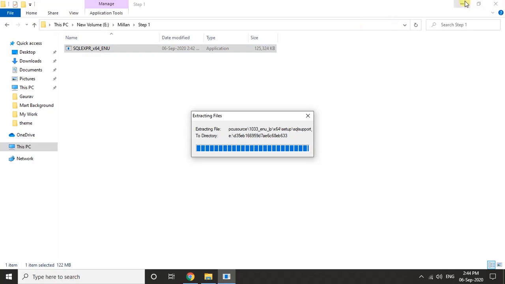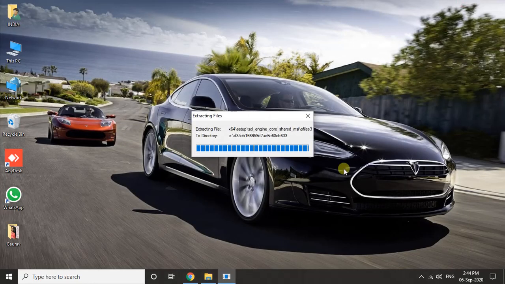Now we can minimize the window and let the extraction process go on. We don't have to do anything, we just have to wait for the extraction process to complete.